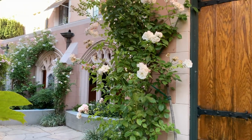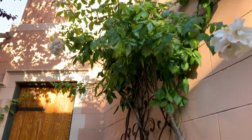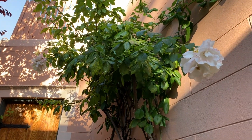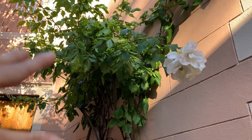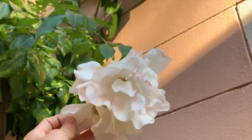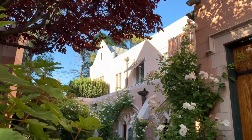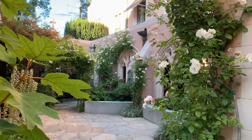There is like a Sally Holmes rose over here too. Sally Holmes does similar things. It does that pink splotching. It's white in color. They're a spray of roses, but it looks more like a pom-pom. So it kind of looks like a hydrangea flower, sort of, not really. When we go deeper in here,